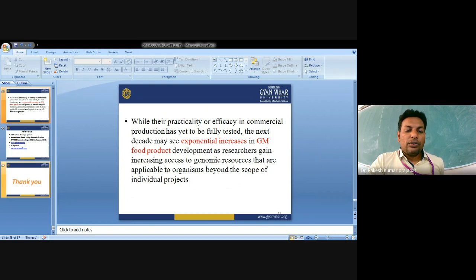So we can also conclude that different GM food products are already available in the market. There is an issue with the labeling of GM food products, which is a complex issue that has yet to be resolved in different countries, in India also. However, there are some labeling policies already in the government pipeline, but they have to be implemented and adopted by the different countries.